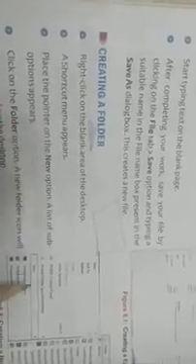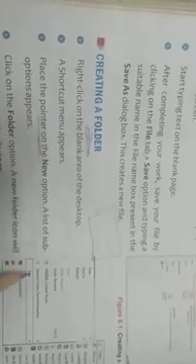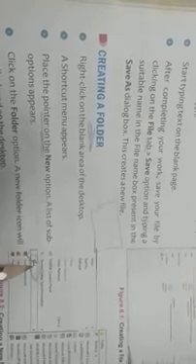Place the pointer on the new option, and a list of sub options appears. You have to place your mouse pointer on the new option. This one is your new option, and when you place your mouse pointer on it, the sub option menu will appear. This menu will appear. Then click on the folder option. As we want to create a folder, we will choose this one, the folder option.